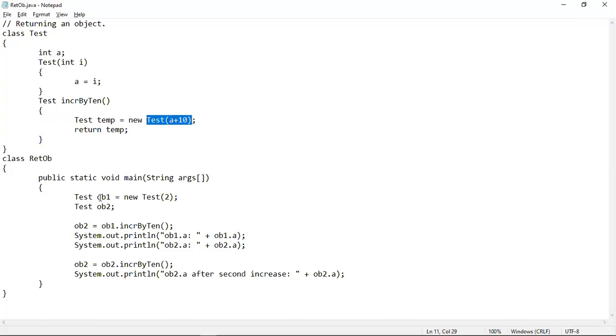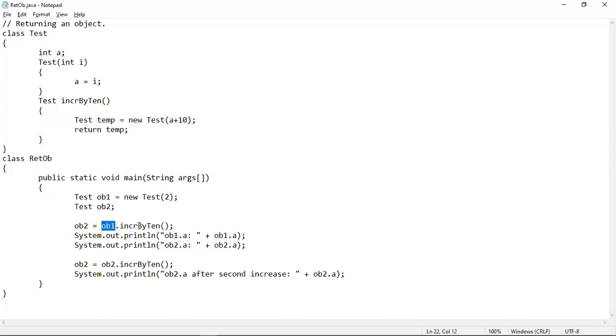Now this is the object ob1. Using this object, we have already passed a value 2 into this variable a, and the incrementBy10 method has been called using the object ob1.